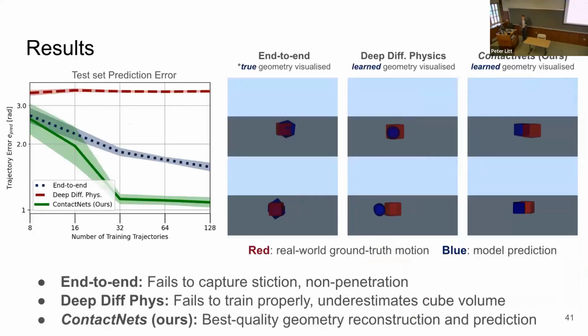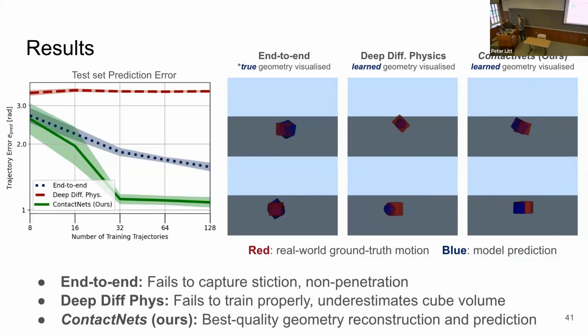So overall, we found that over a variety of data set sizes, our method is able to achieve lower long-term prediction error than both of these baselines. And we've computed some visualizations here of these various types of models so we can examine what has gone on in them. So here on the left, we show this baseline end-to-end method that doesn't have any physical structure. We're showing the model's motion with the true geometry overlaid in blue on the motion captured trajectory, which is shown in red. And I want to stress, even though these are simulated visualizations, this is real world data that we're seeing here.